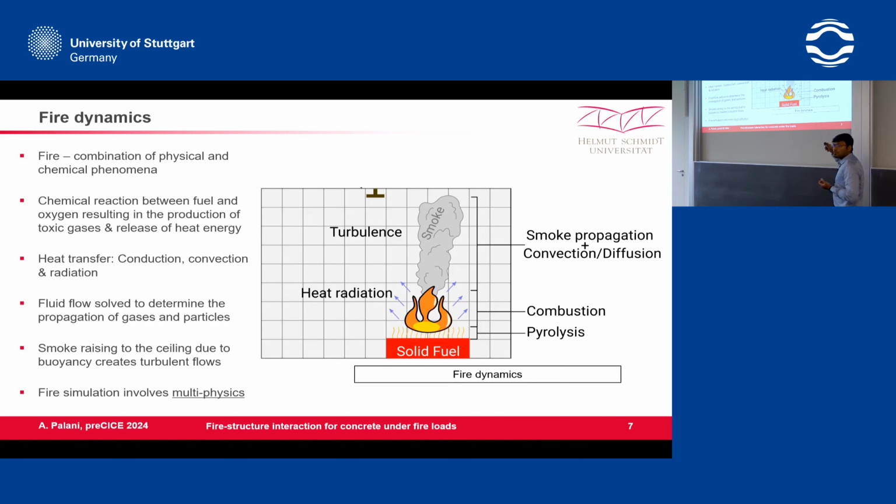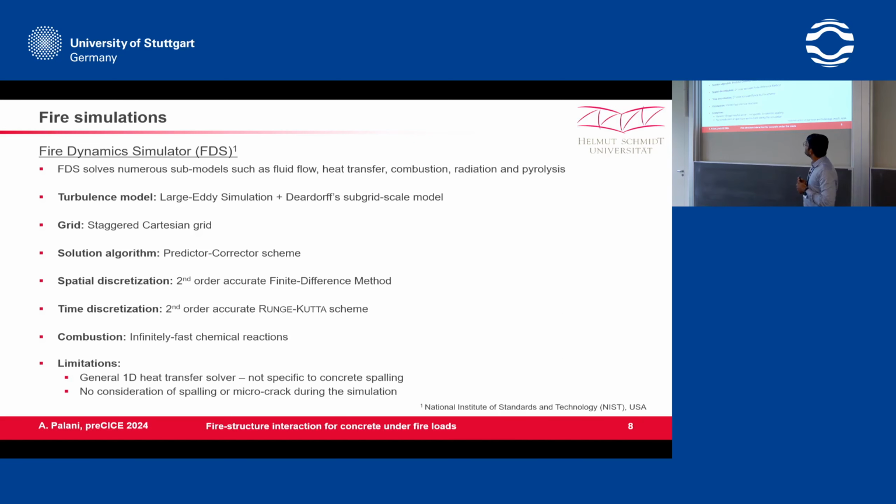And due to the combustion, as a result we get radiation as heat energy that is released from the fire, and also we have smoke propagation and convection. In addition to that, we also have a turbulence model. So all these submodels comprise our simple fire simulation. And for fire simulation, we use Fire Dynamics Simulator, which is a US based open source code developed by NIST